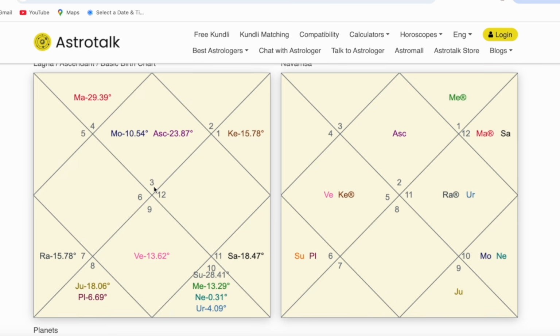So this becomes an important, again, a very important transit, because from lagna, Jupiter is transiting the first house, the seventh house. This is very important. Also, the ninth house through its ninth drishti. So this becomes a very important transit, which is why I felt that during this time there was a very high chance of them finding the right person.